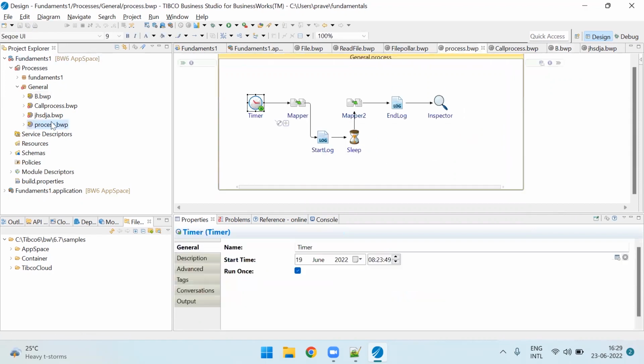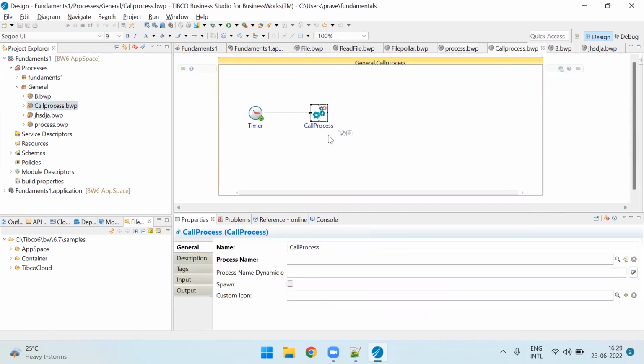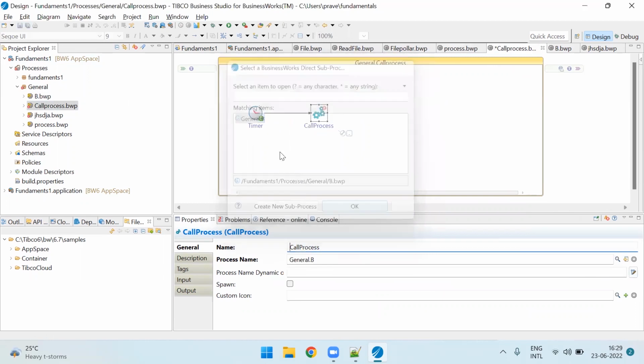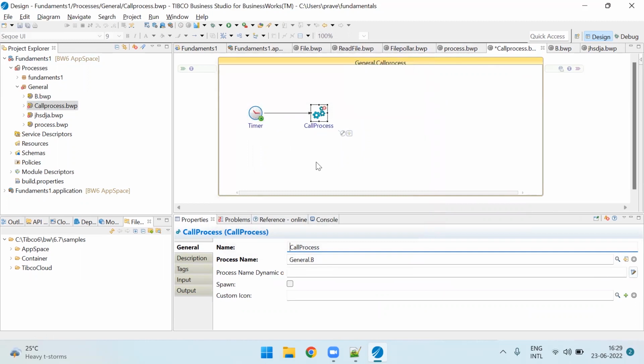Now I'm coming back to my main process, and from this main process, if I try to browse the process, you see I have the B process under general folder. I have a process called B. So earlier we don't have any sub process, right? So now we are able to see the process, right? So now if I can run it,